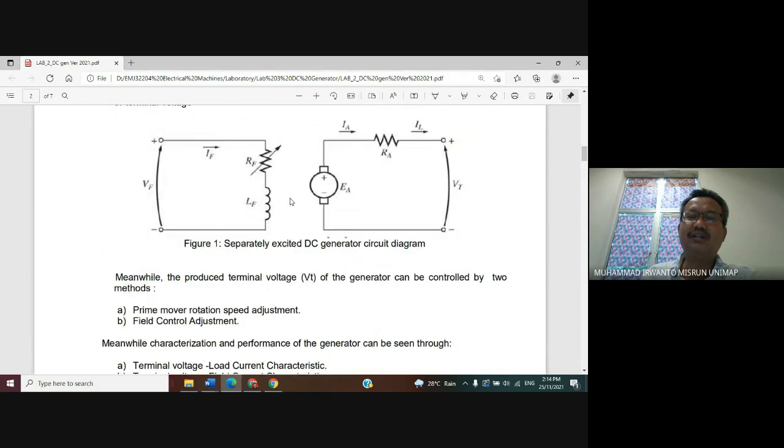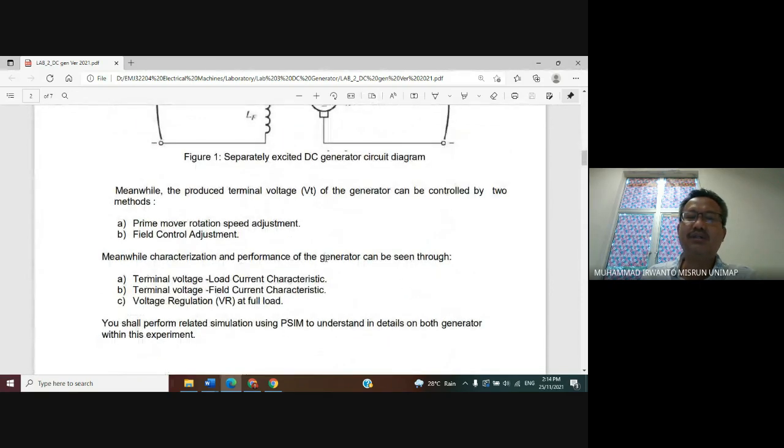Now, following the objective, we want to know the characteristic and also the performance. The characteristic and performance of the DC generator can be seen through, first, the terminal voltage versus load current characteristic.